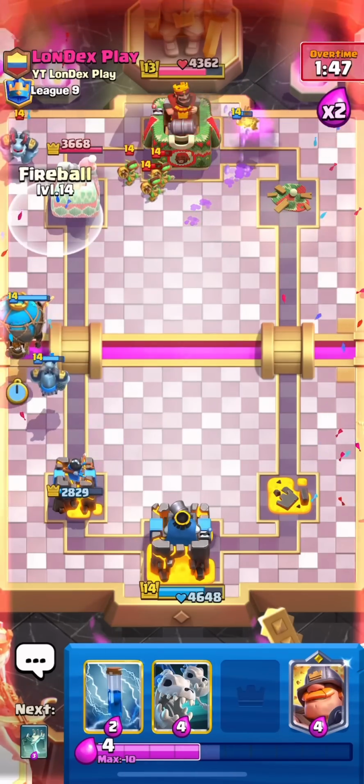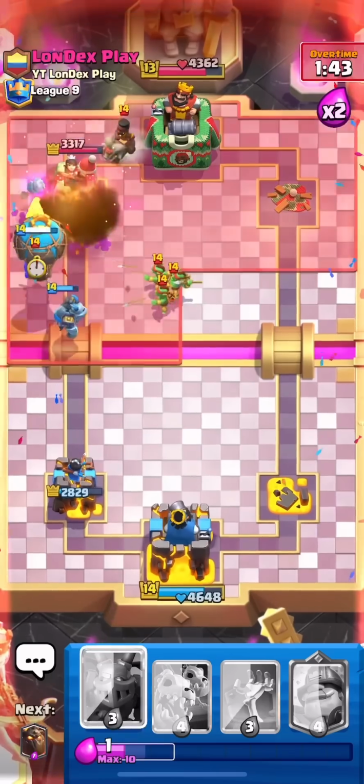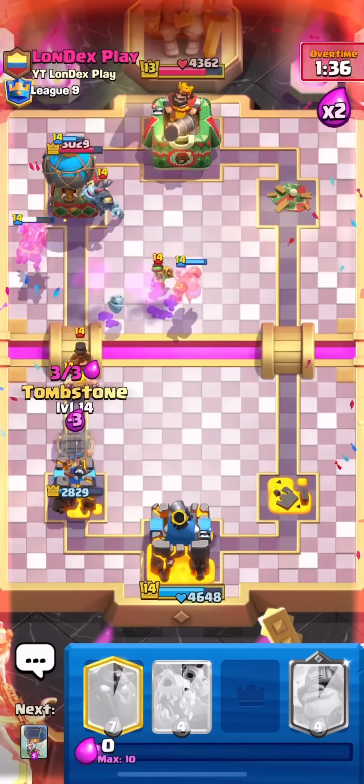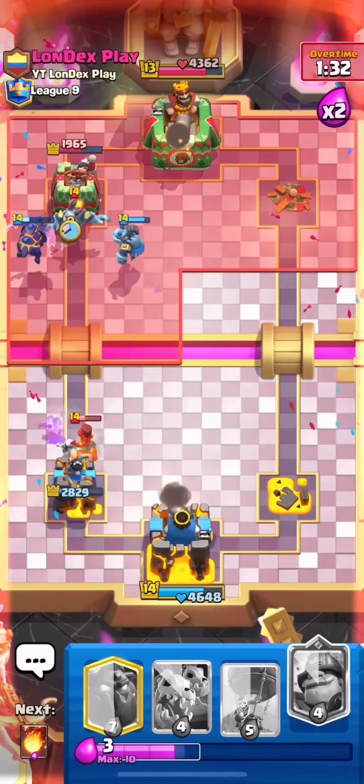So now we can just fireball zap. And we're going to need 3 cards to get back to our fireball. And we're going to go Mega Minion on these Spear Goblins here. And just Tombstone on this Ram Rider to avoid taking more than a charge. And we do get a good hit. He gets a good zap, but...